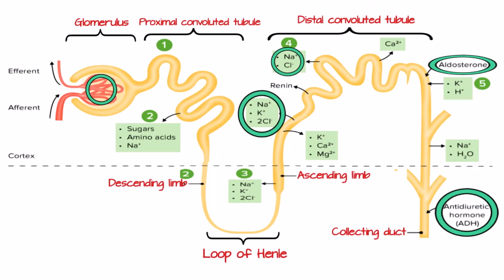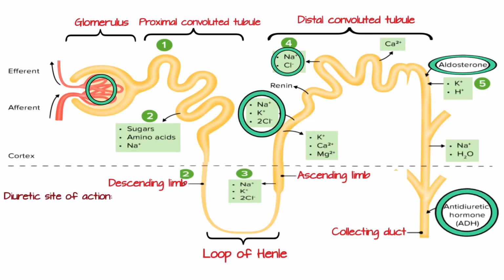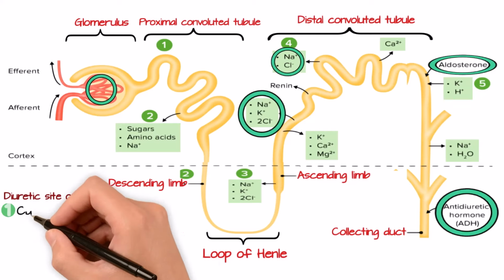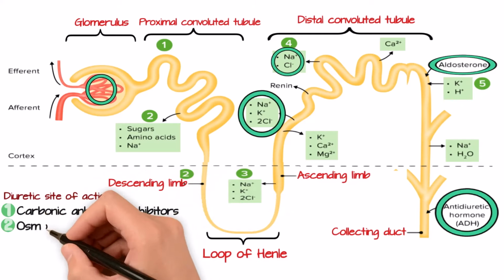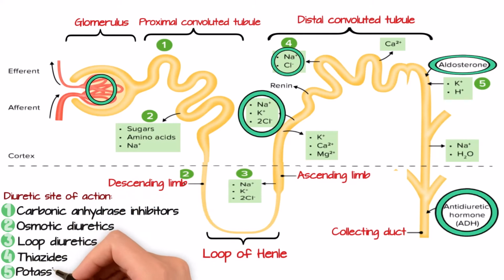On the other hand, aldosterone regulates the intercalated cells, but their primary purpose is to secrete hydrogen ions and reabsorb potassium. Diuretics simply increase the volume of urine produced by working on different regions of the nephron. Diuretics are currently classified into 5 main types according to their mechanisms of action: carbonic anhydrase inhibitors, osmotic diuretics, loop diuretics, thiazides diuretics, and potassium-sparing diuretics. Let's now look into each class.